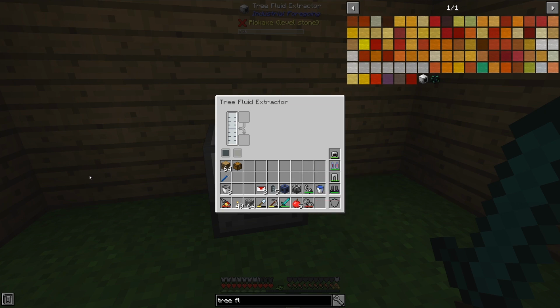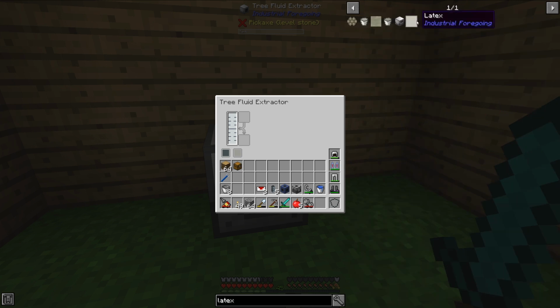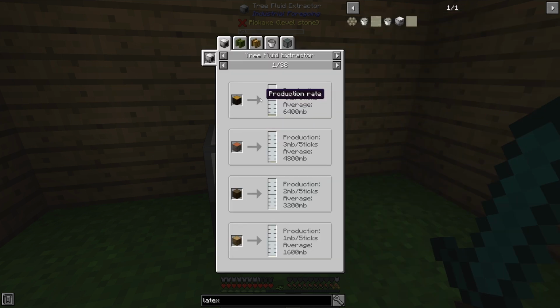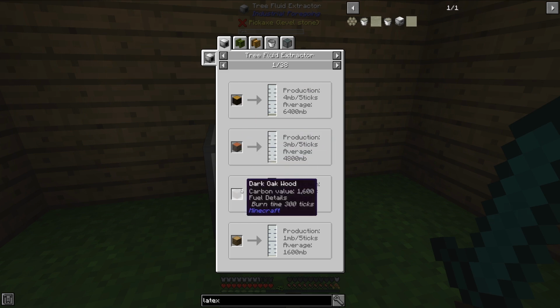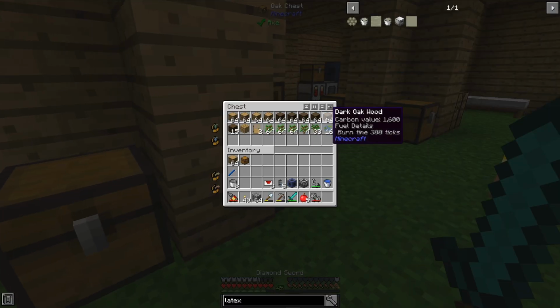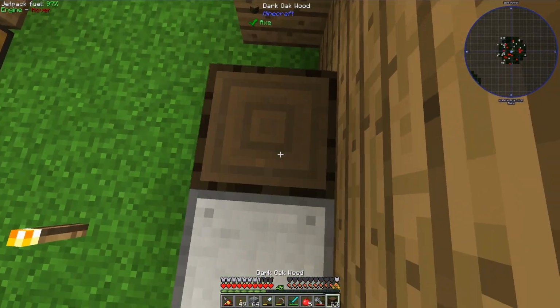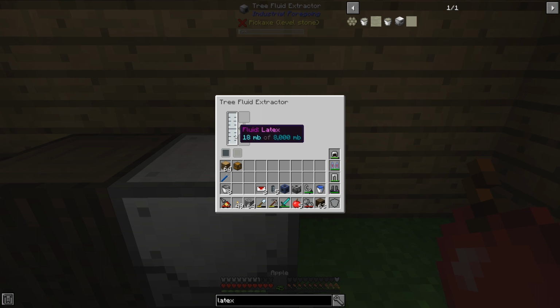let's actually look up the latex recipe, because this will tell us exactly what we can get latex from. So we can use rubber wood, which would be most efficient. I don't have rubber wood. We can use acacia wood, which I also don't have. We can also use dark oak wood, which I do have, or oak wood, which I also have. You can also use other woods from the mod Forestry, but obviously I don't have those woods either. And the most efficient wood that I do have is dark oak wood, so that's what we're going to use. And what I just need to do is place it down right here, and it should start collecting latex,